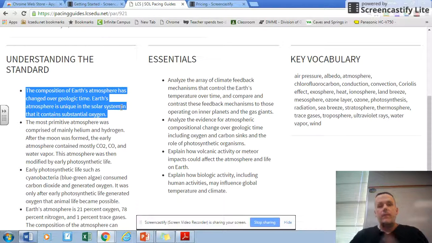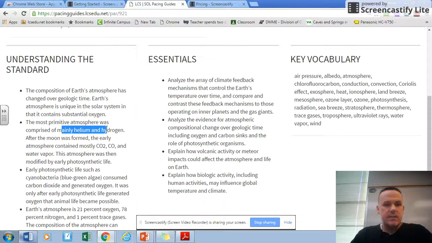All right, the first atmosphere was primarily hydrogen, and that's what it's saying right here. It says hydrogen and helium, but really, think about hydrogen. That's the most simple element in the universe. 99% of the universe is made of that. The first atmosphere of Earth about 4.5 billion years ago was just a nasty, nasty place. It was hydrogen. No life was here, and it was extremely hot. There was some water vapor in the air, but nothing that could condense. It was too hot for the water to condense and form as rain.